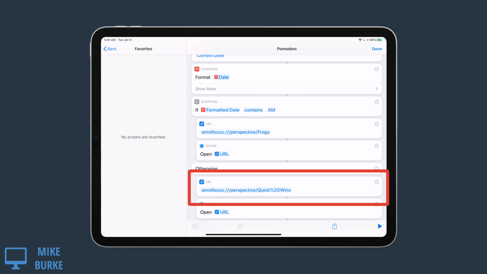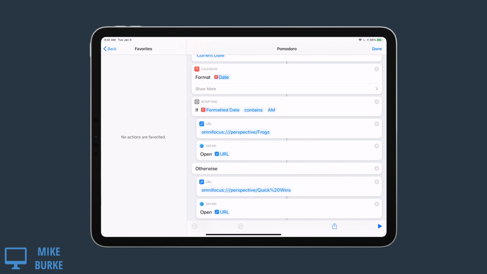Quick wins are similar. They're tasks I need to get done. They're less than 30 minutes. They don't require a lot of energy. They're either low energy or normal energy. Quick wins are important things that I need to get done. They're still in my system, but I don't want to waste one of those good high energy morning sessions on a quick win. So these are for afternoon sessions.